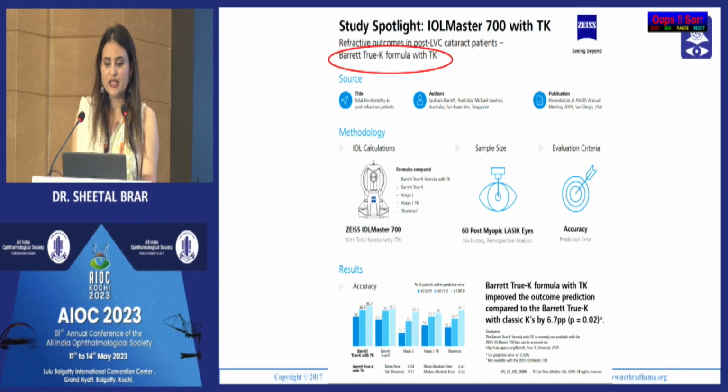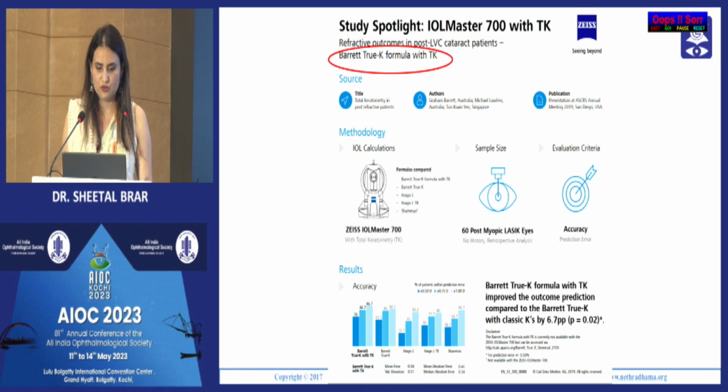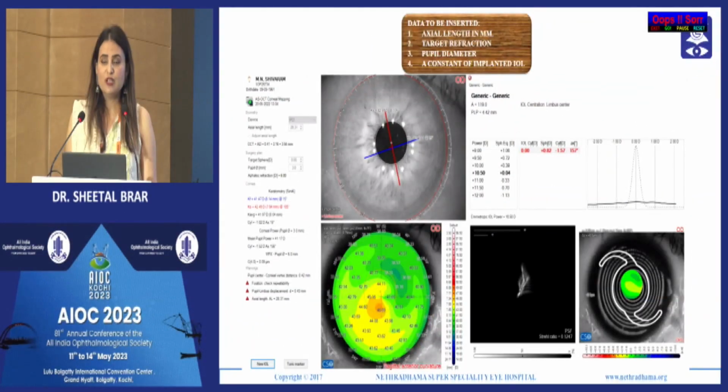The Barrett True K formula can further be improved by use of the TK values. And Dr. Graham Barrett has also found in his study that with the use of this formula, the outcomes further improved. Then we also have the ray tracing, which is the latest, and we have the MS39, wherein we